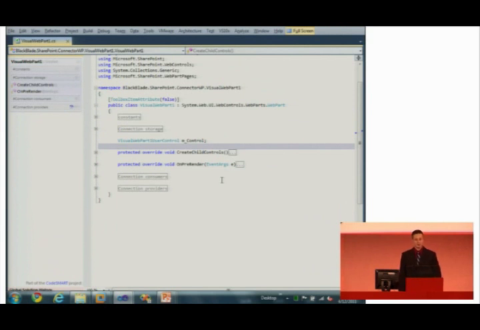Okay. So the web part stuff itself is basically the same. You're still inheriting from System.Web.UI.WebControls.WebParts.WebPart. We still have all of the typical types of method overrides that we have in web parts: OnPreRender, CreateChildControls, OnLoad, DataBind, what have you. The trick is, in order to get this web part to communicate with the out-of-the-box SharePoint web parts,